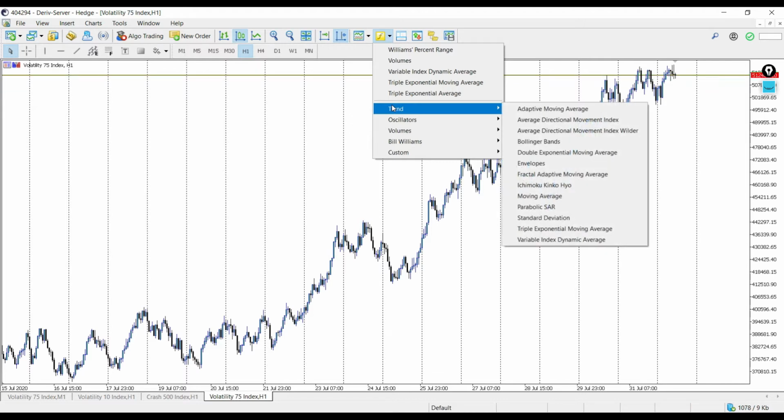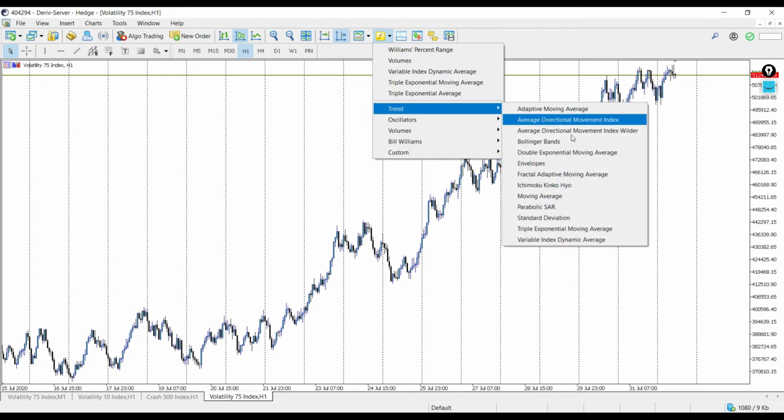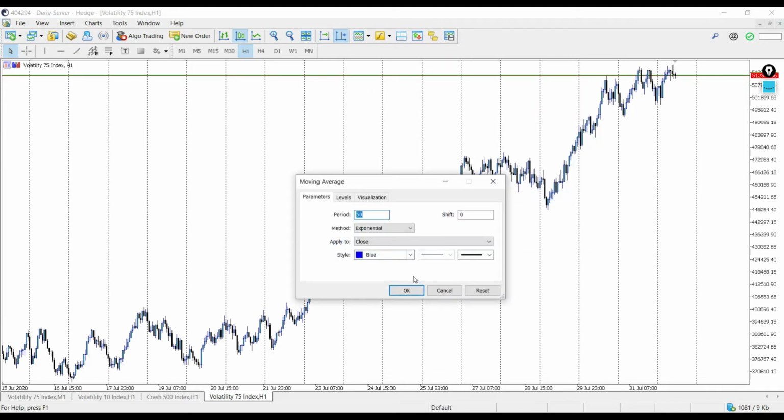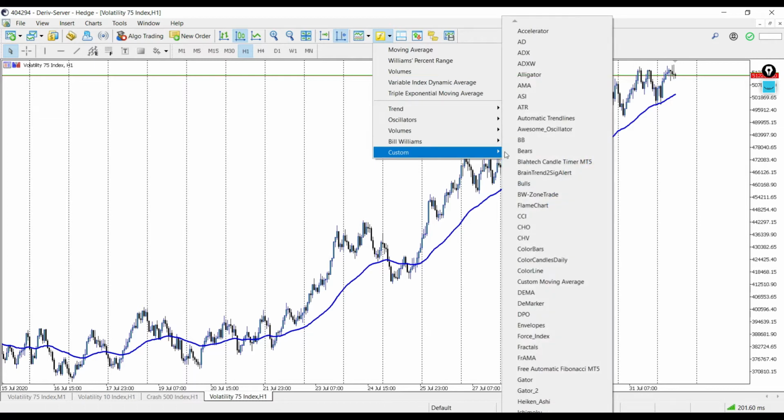So what you want to do, click on the F button. These are the options you have. Now you have a whole bunch of options. I'm not going to tell you which ones to use. You will play around with these indicators, but mostly people always have the moving averages, which is this blue line that I just added. And some people have,